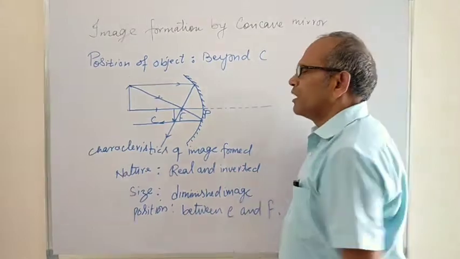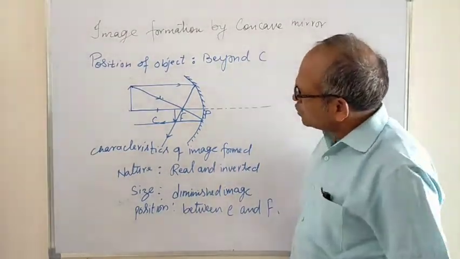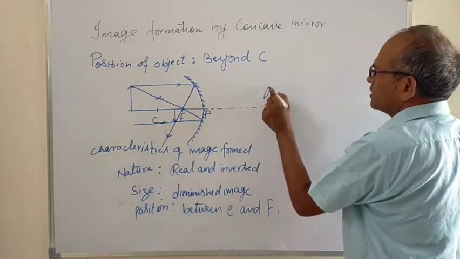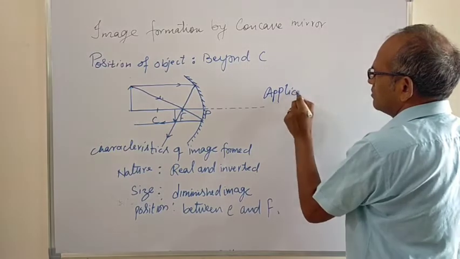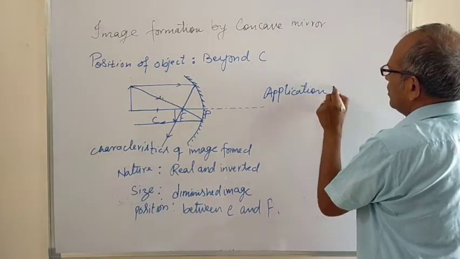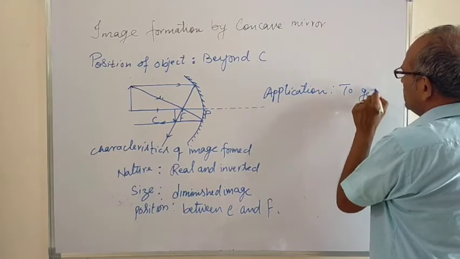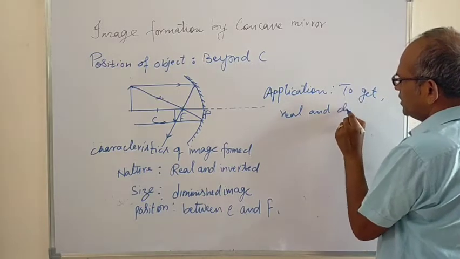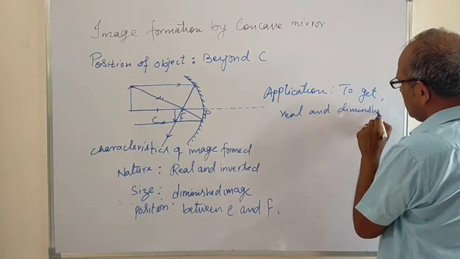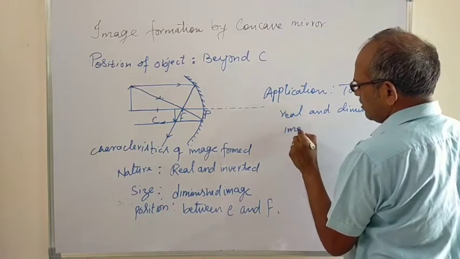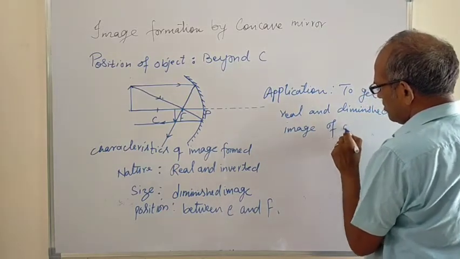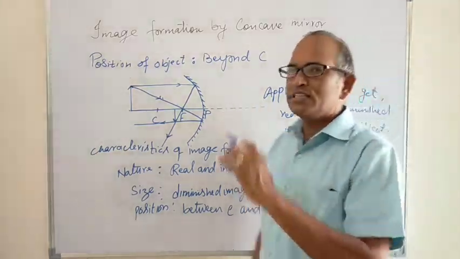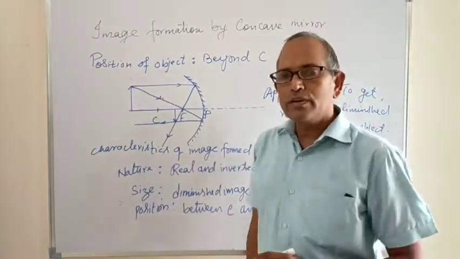When do you apply this? You can use this to get a diminished image of the object. So the application is to get a real and diminished image of an object. Diminished means a sharp image of an object. Okay, so if the object is very large and you want to get a sharp image